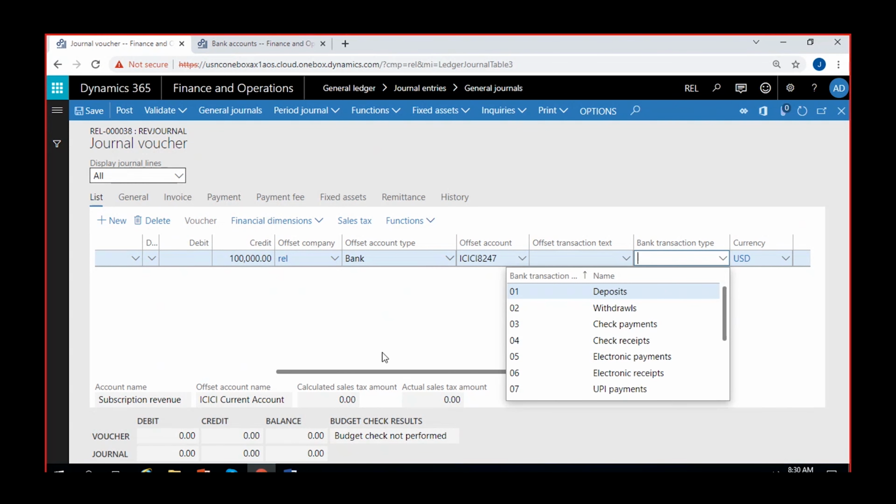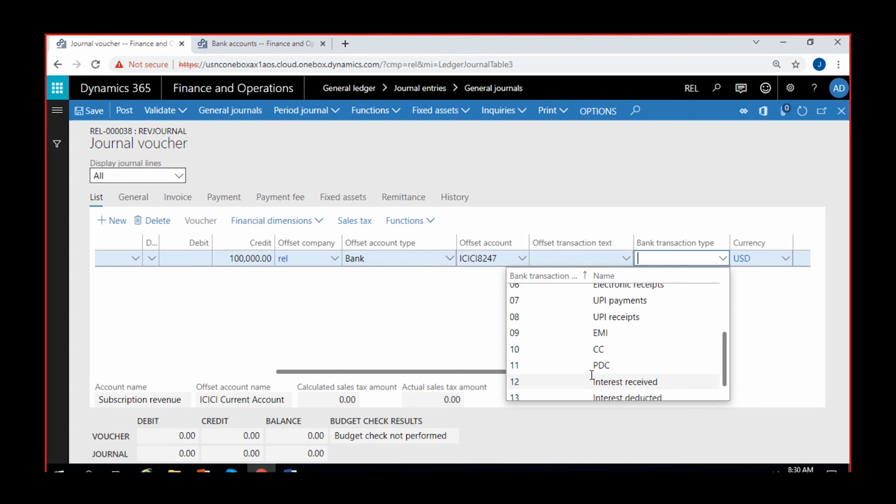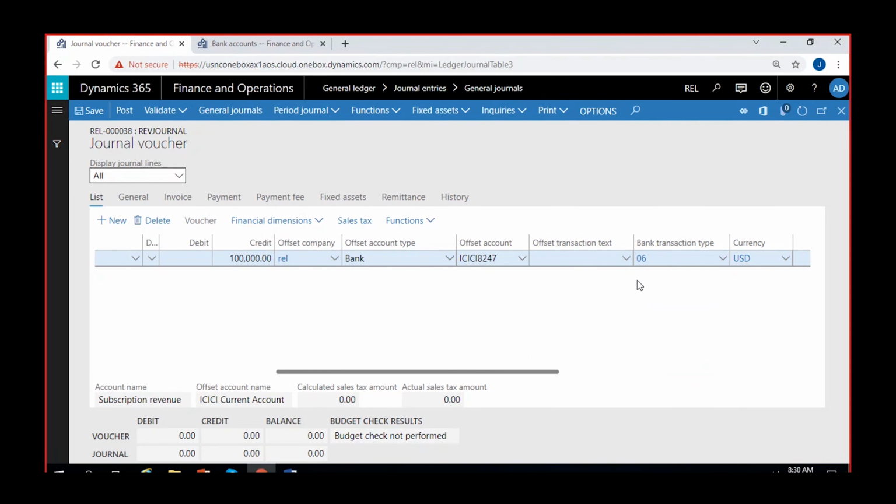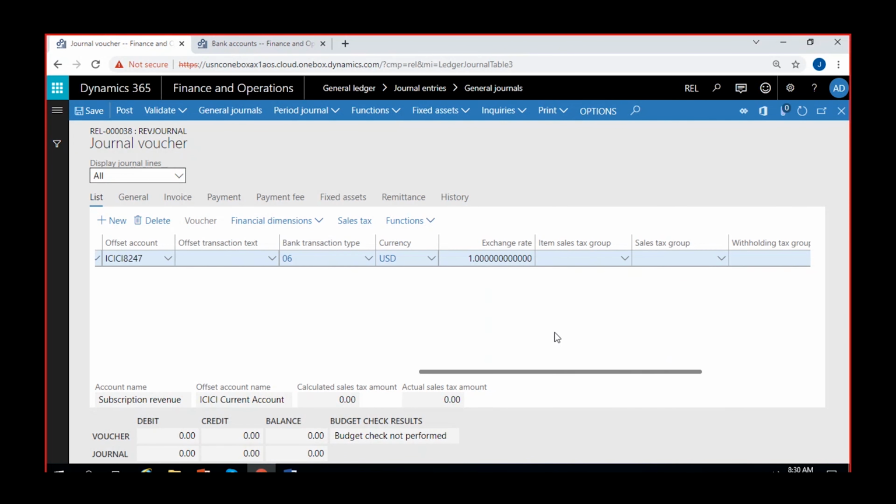What kind of transaction it is? As it's a receipt transaction, right? A deposit or check receipt, electronic receipt or UPI receipt, anything you can select. So I'll select this that I'm receiving this 1 lakh as an electronic receipt, suppose. Okay, just electronic receipt, and I can give this